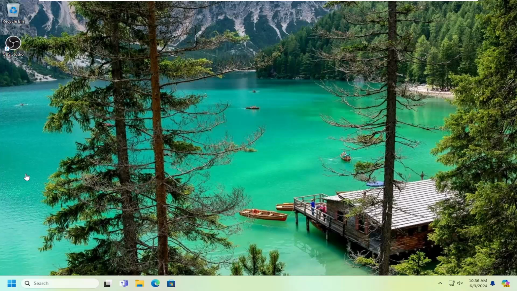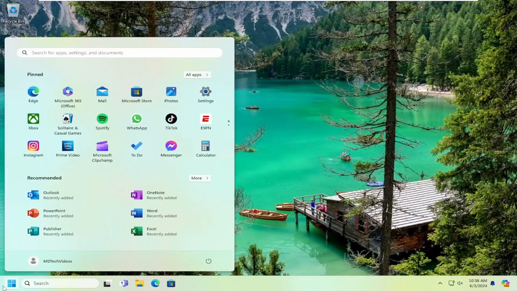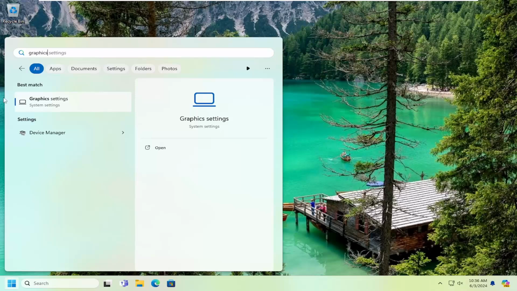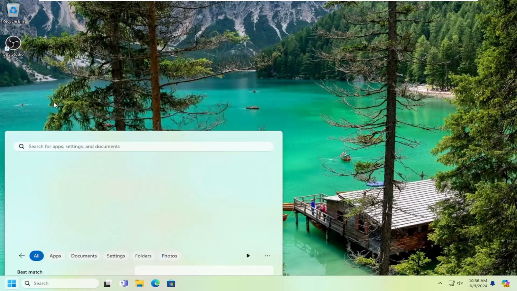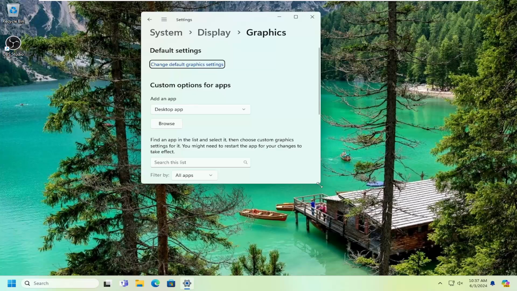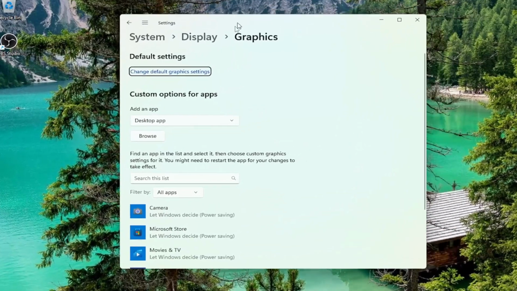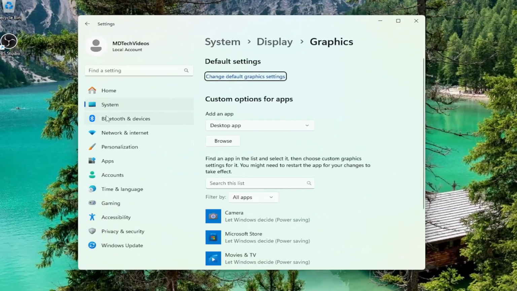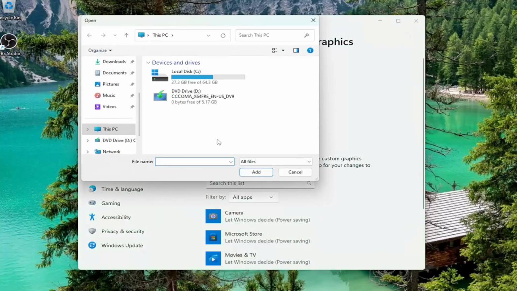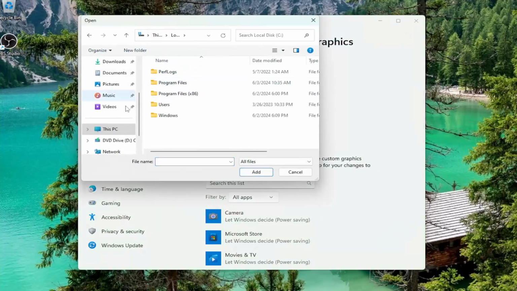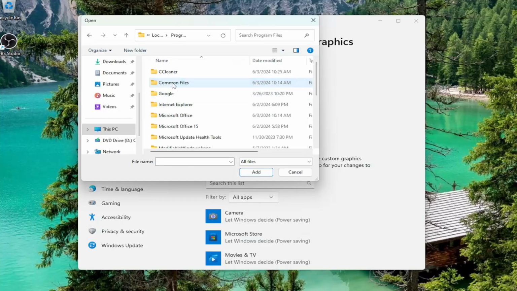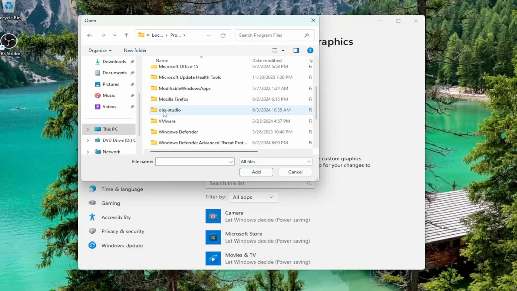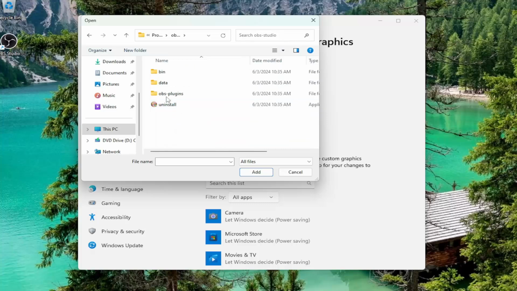So first thing you want to do is open up the search menu, type in graphics, best match, or come back to graphics settings. Go ahead and open that up. On the right side, underneath Custom Options for Apps, select the Browse button, and then select Local Disk, or wherever OBS may be installed. Double-click on the Program Files folder, go down to OBS Studio, double-click on that,